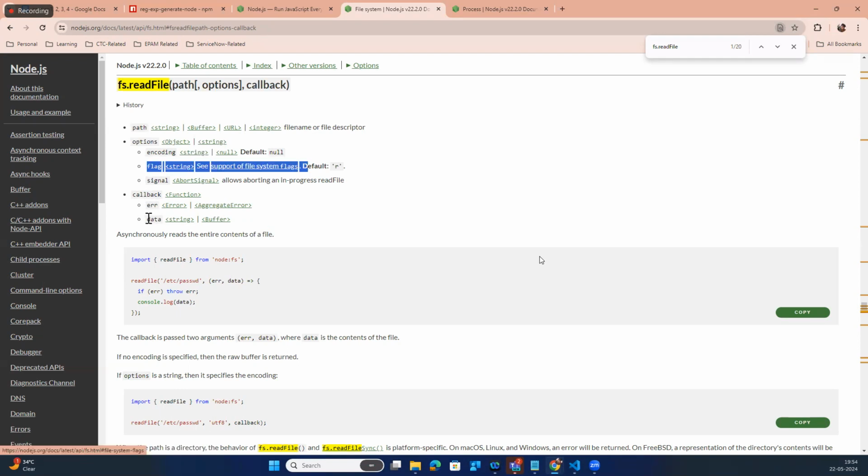The callback always takes two things: one is error and the next one is data. The error can be an Error object or an AggregateError object, but data is always a string or a buffer. I will show you what